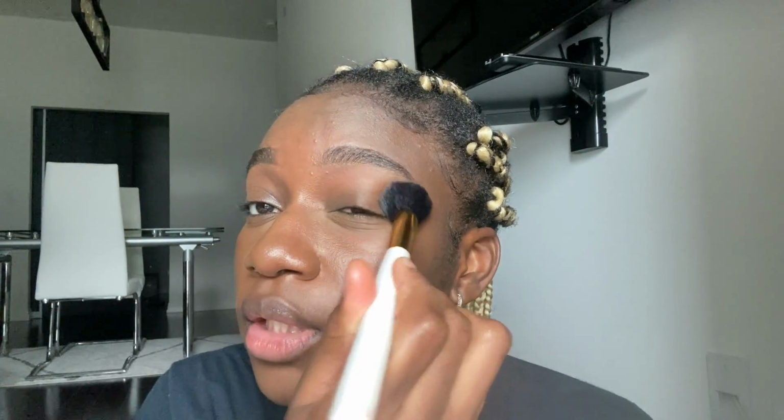I'm going to set my eye concealer thingy. I'm just gonna blend that out. I'm going to set it with my Mineralize Skinfinish powder, my face powder, just because